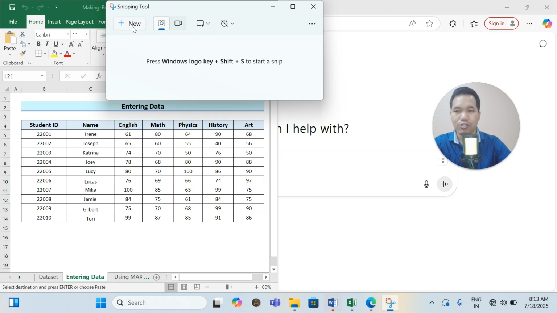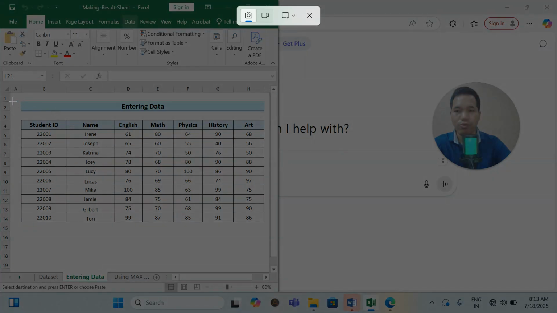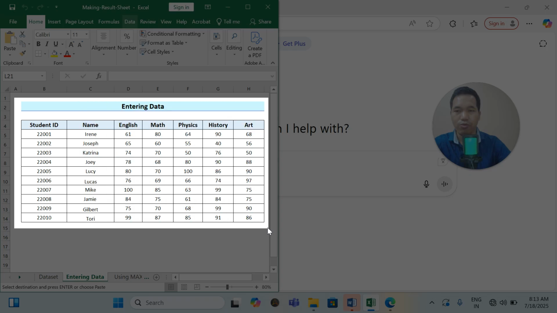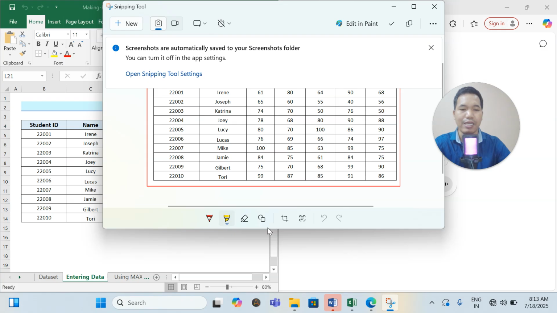Okay, fine. So I'm taking a new snip, and you scroll to where you want the data set to be. Fine. And this will be taken as a screenshot. Otherwise, you can directly take the screenshot, and it is saved already. If you want to save this one, you can save it. It is automatically saved. If you want to save it here, there's a save option.